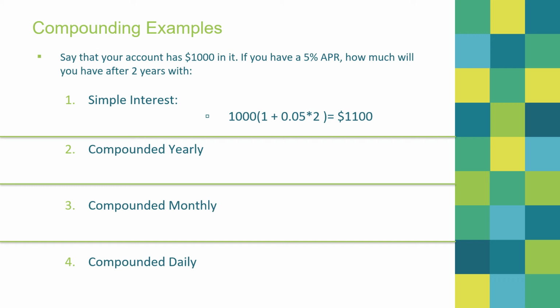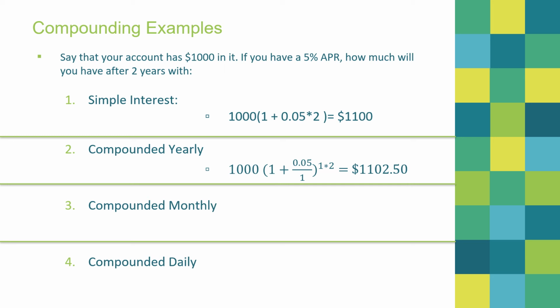If we compound yearly, remember that we have to say 1,000 times 1 plus, instead of the rate times time, we have the rate divided by the number of times compounded a year, which is just 1, to the power of 1, because that's the same number, times 2, the number of years. And we'll get